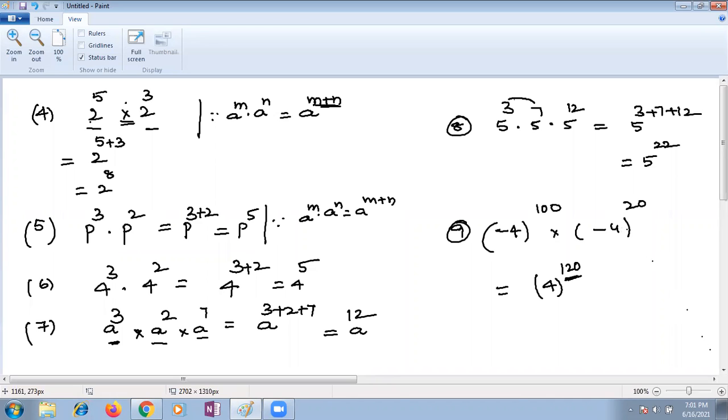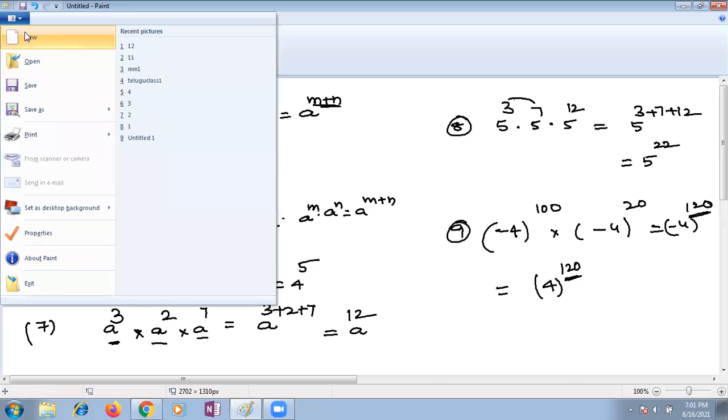So in this case, we can first take it as minus 4 whole to the power 120. Later on, this minus will go. Why? Because you have to see the exponent. If the exponent is an even number of times, if you multiply negative, you are getting a positive result. So it's 4 raised to 120. Also, we can write it so. In the examination, for the same type of bits, they will test in your competitive examination. Be careful about this part, children. It's a very important thing. The children commonly make mistakes here.